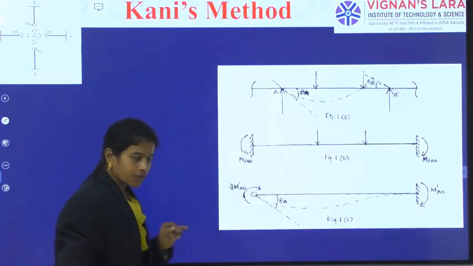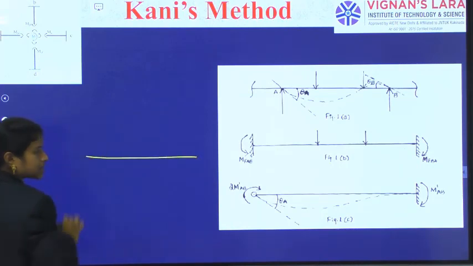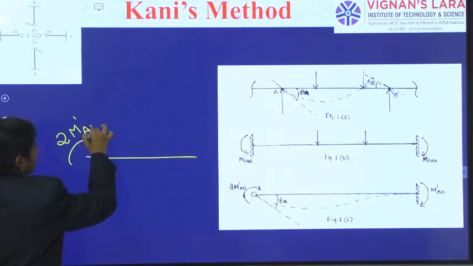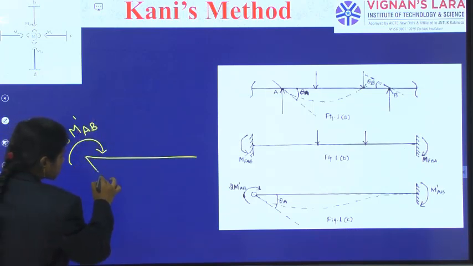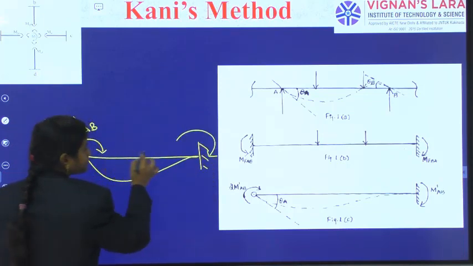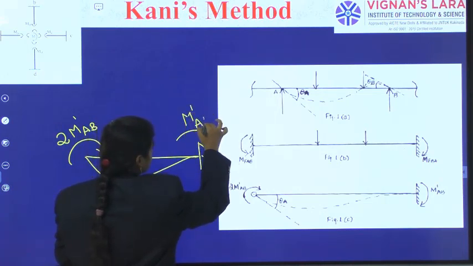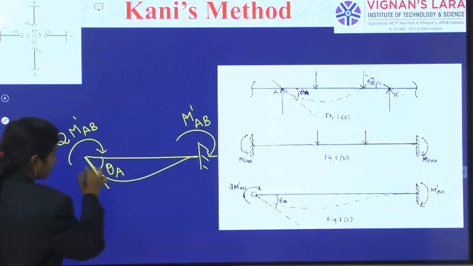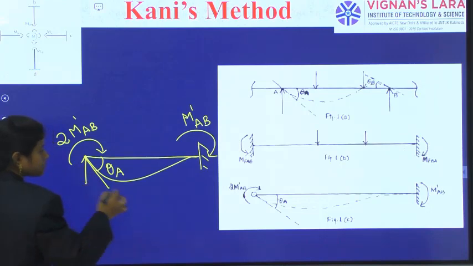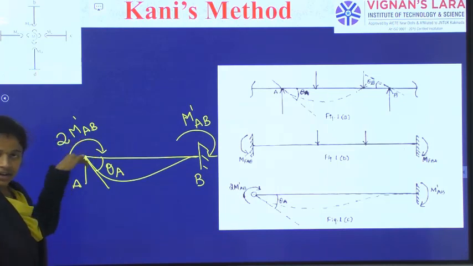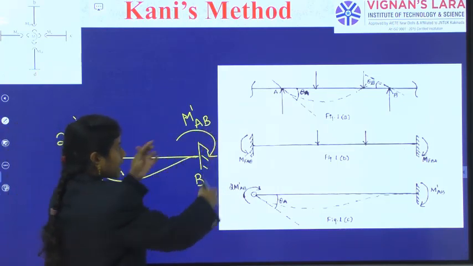See the picture? When you release this support, as it is a fixed end, but I am releasing this support and applying a moment 2M dash AB, and still it is having some fixity, right? And it is causing or inducing a moment of M dash AB. So releasing means only fixity I have indicated at A and B. As I am indicating this in a way, it is causing a resisting moment as M dash AB.